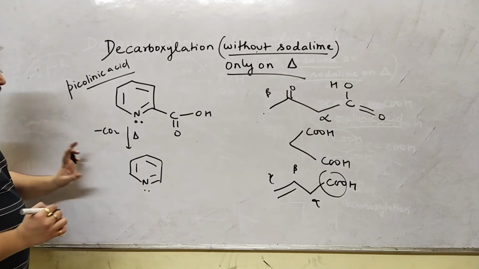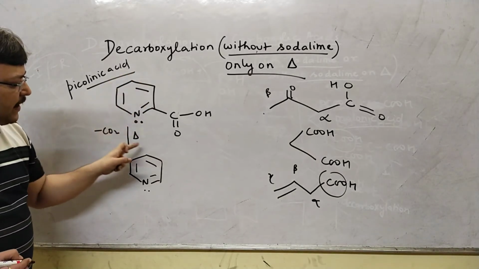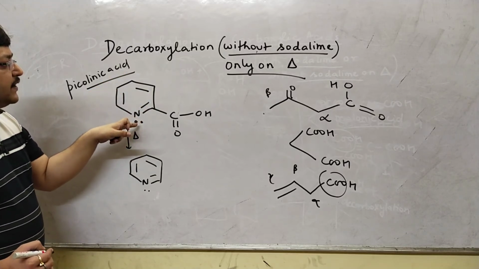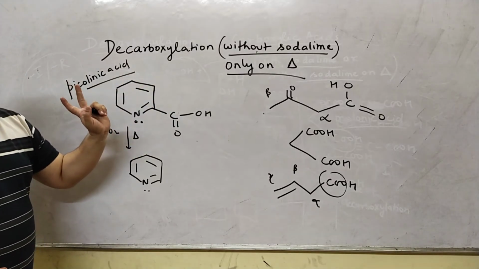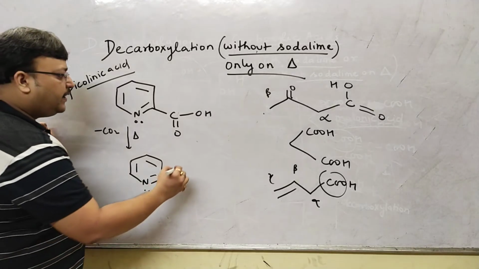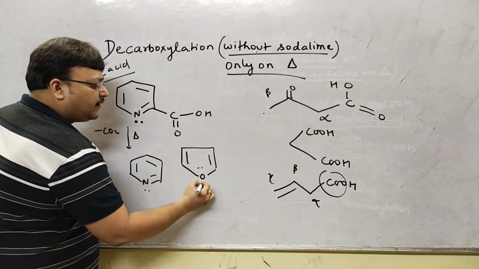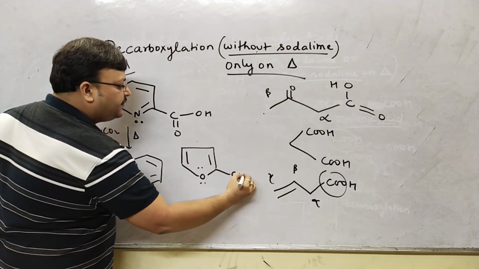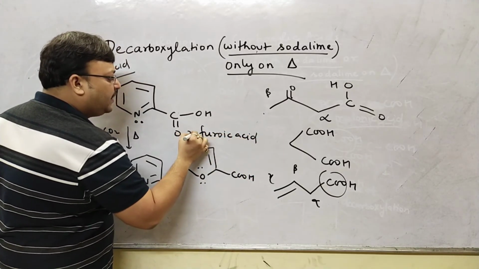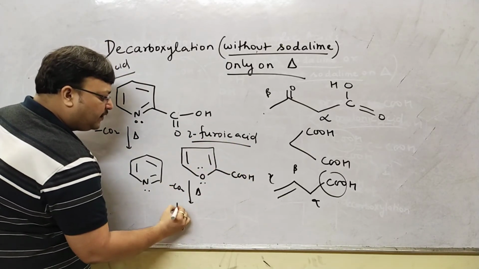If this comes, this will come in JEE Advanced only. You'll have more compounds of this kind where if you have an aromatic ring, a stable aromatic ring, where a lone pair is not used, and next to it you have a COOH, this can also undergo decarboxylation. A similar example could be using, again, this is aromatic, it's called furan. So if you have COOH here, it's called furoic acid, 2-furoic acid. 2-furoic acid also on heating can lose carbon dioxide, giving you furan.